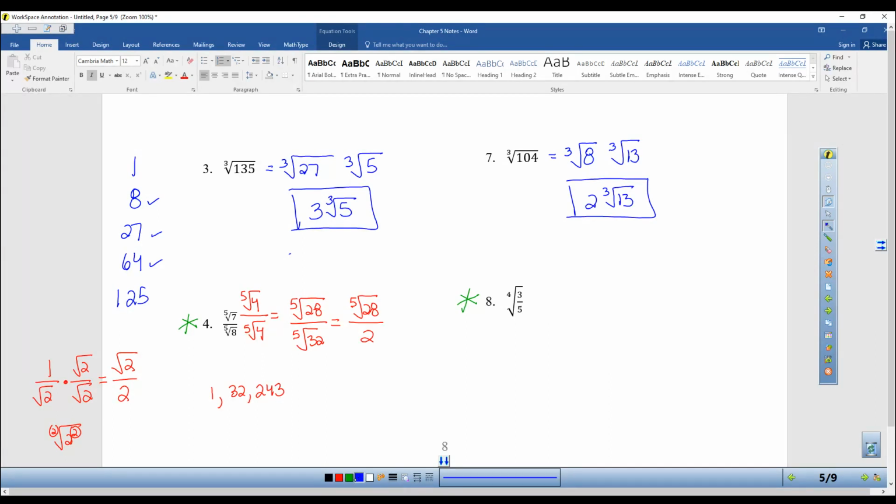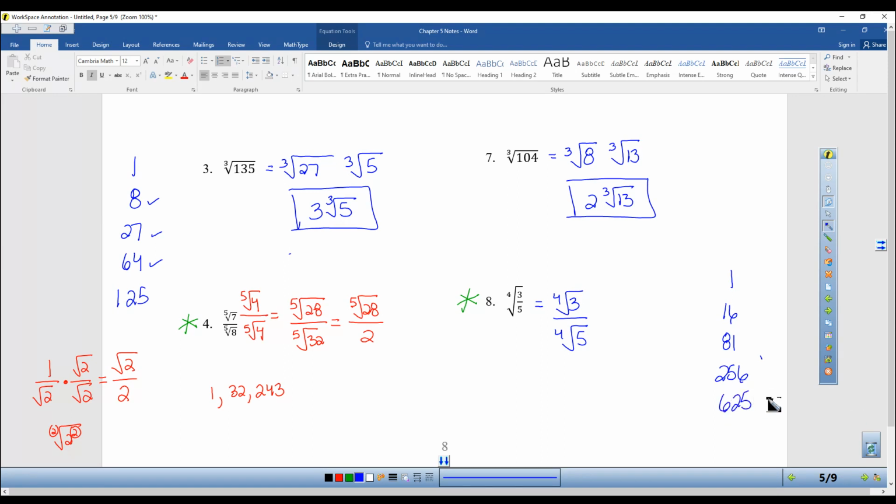So number 8 has an extra step because I don't want to start with it both underneath the radical. I'm going to move this one out. And now I need to look at my list of perfect fourth powers. So notice I'm not going to go back to the chart this time. I'm just going to make one real quick. 1 to the 4th, 2 to the 4th, 3 to the 4th, 4 to the 4th, 5 to the 4th,